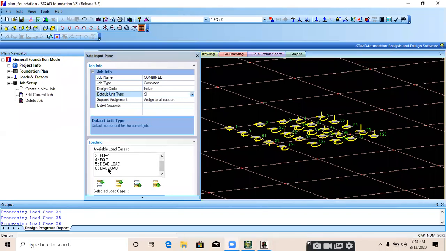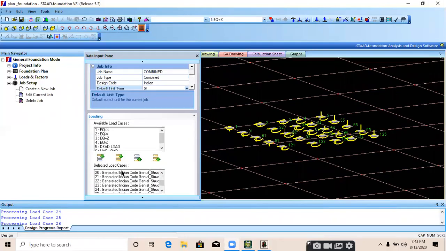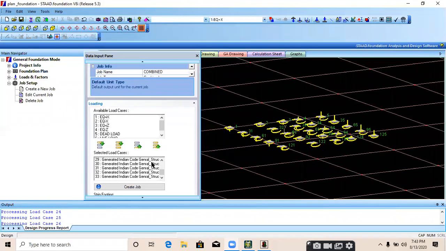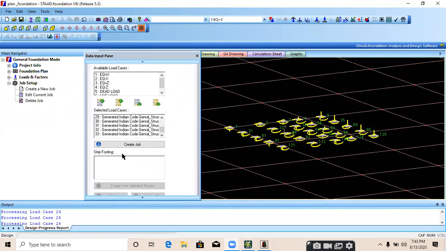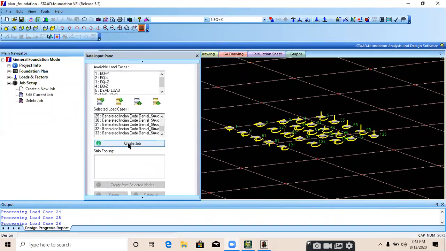Because we are not designing a structure or any member or a footing for individual forces. We will design the structure or a footing for combined load case. There at a time there is live load, dead load and seismic load, all the forces. We will not do design for the individuals. Okay. Now you need to click on create job.